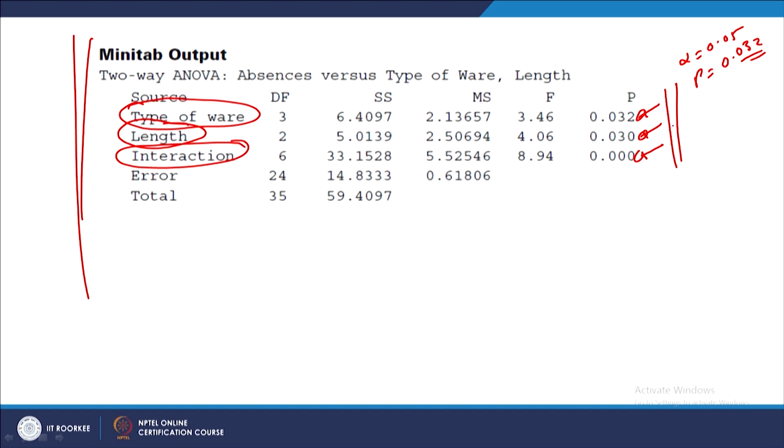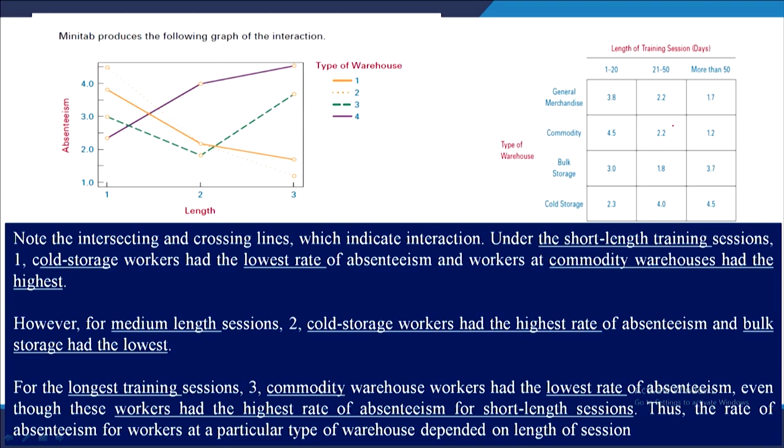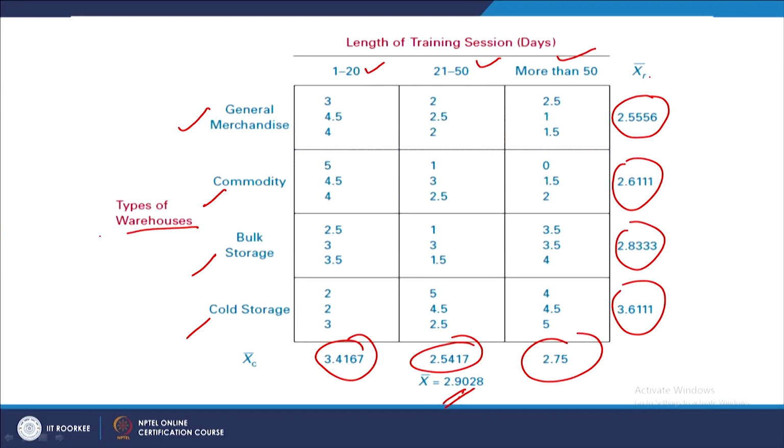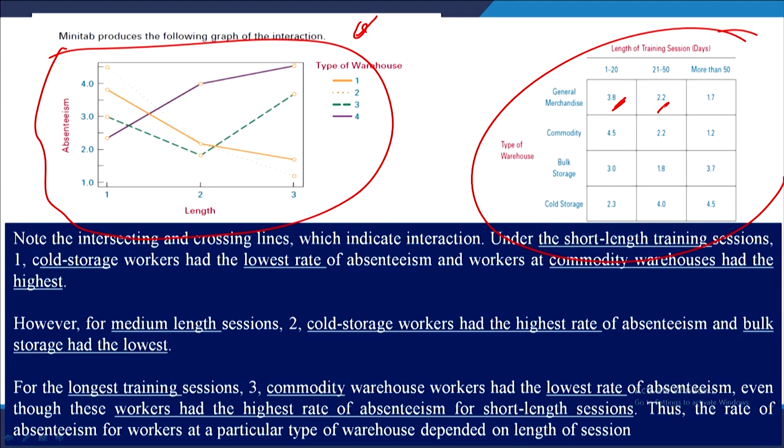So, let us solve this question, and before we solve this question, let us look at the interaction result or the output from this particular software. So, basically this graph, this plot is the interaction effect. So, we know that this is the mean of all these 3 values which we have seen earlier as well. So, mean of all these 3 is 3.8, 2.2 and 1.7, right, similarly for all other cells, right.